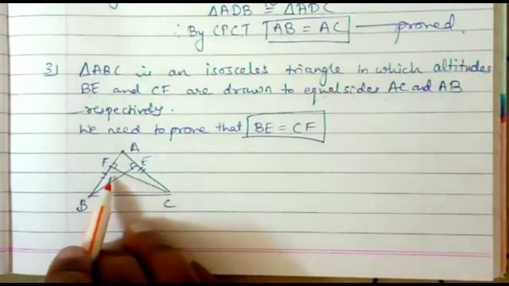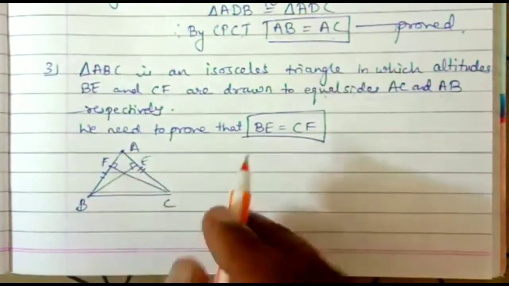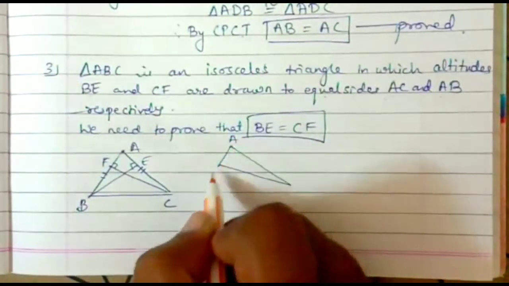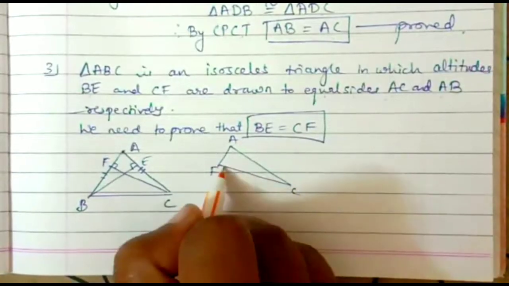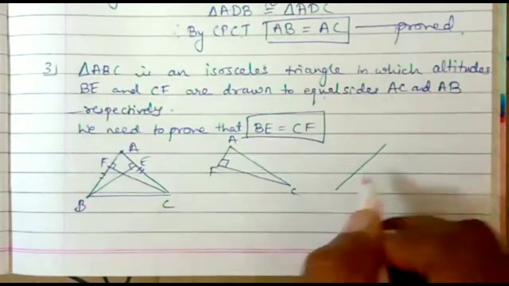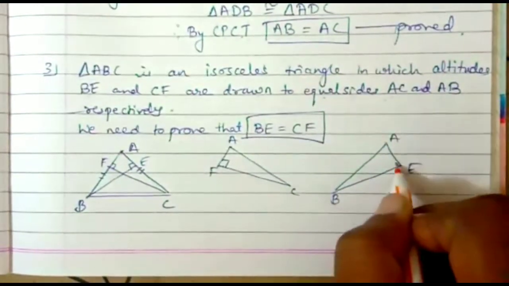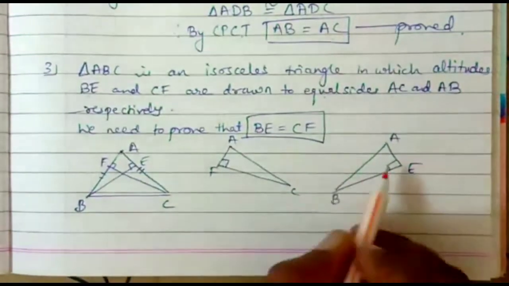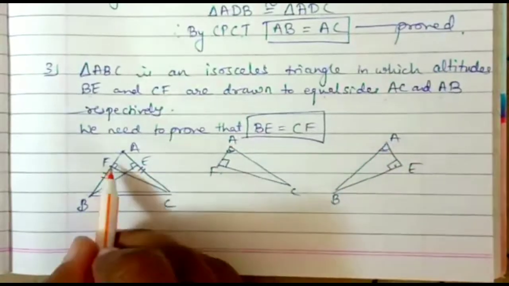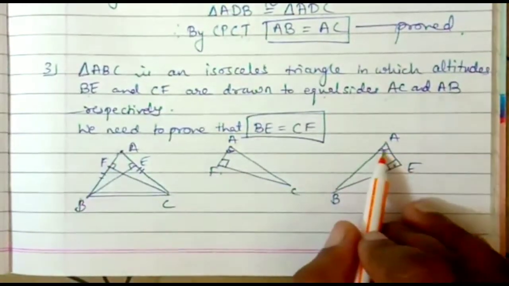If you see clearly the two triangles, triangle AFC and triangle AEB, I may draw the figure again. It is looking like this. This is triangle AFC, and as CF is an altitude, angle F is a right angle. Similarly, you have the second triangle, that is triangle AEB. Here angle E will be a right angle, right? So these two are right angles. Angle A is common in both, you can see. Whether I call it angle FAC or EAB, the meaning is the same. So it represents the common angle.